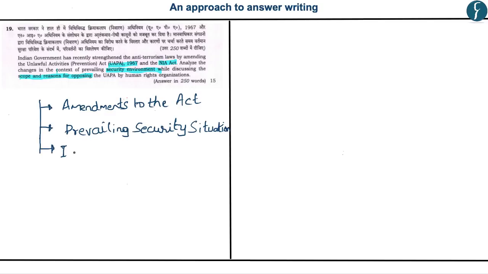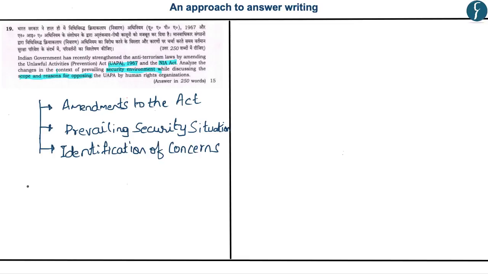Now, as we have already seen, the question read, Indian government has recently strengthened the anti-terrorism laws by amending the UAPA Act of 1967 and the NIA Act of 2008. Now, in the context of prevailing security situations, analyze these amendments and also discuss the scope and reasons for opposing these amendments by human rights organizations. Therefore, by decoding the question, as I have already pointed out, we arrive at three key parts of the question. That is, the question demands one to analyze the amendments to the acts in the context of the prevailing security situation. Besides, the question also demands identification of the reasons as to why the human rights organizations are opposing these